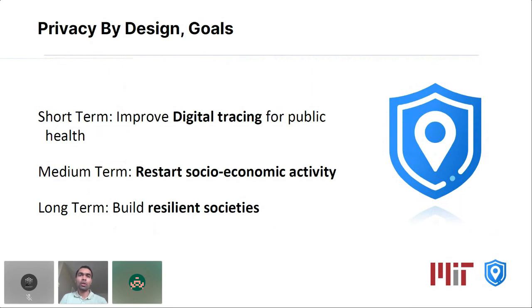How do we ensure that our society and our communities are prepared and equipped to tackle these types of disruptions? It could be pandemics, or a lot of other catastrophic events. How do we build resilient societies in a way that does not give a lot of power to a particular state or an entity? So this is the large picture that we're aiming for. Today, I will focus on the first short-term goal, which is the immediate need of the hour.